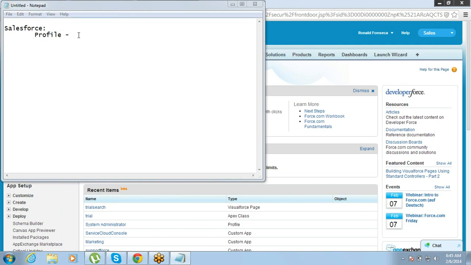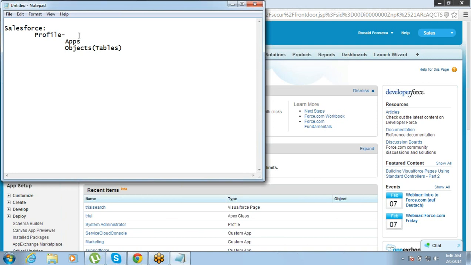So basically, profile is a collection of permissions assigned to the user. Right. So what all permissions are we controlling through profile? We control the apps which will be available to the user, the objects or the tables which will be available to the user, and what will be the access on the data, whether the user will be able to edit, create, delete, or just see the data.